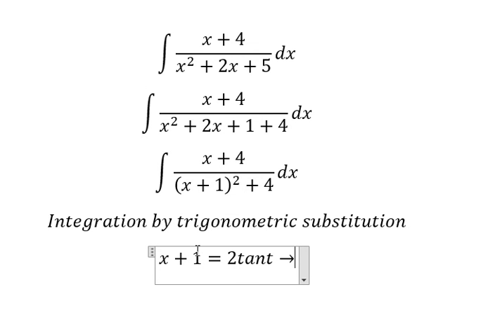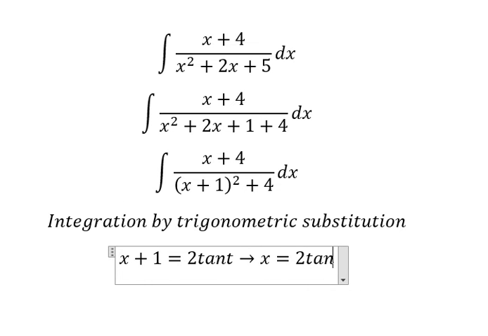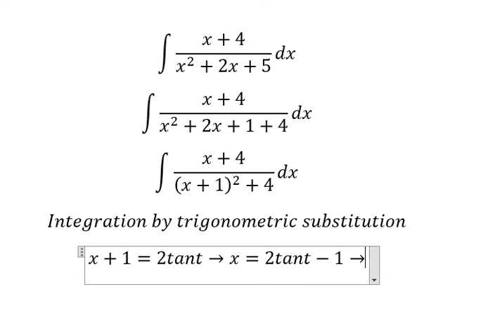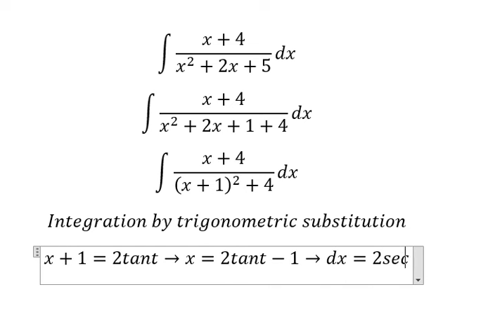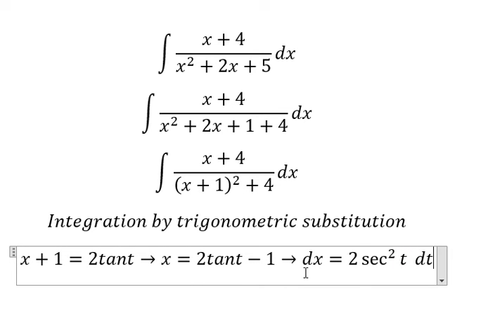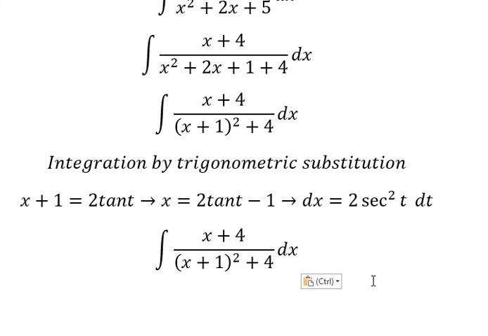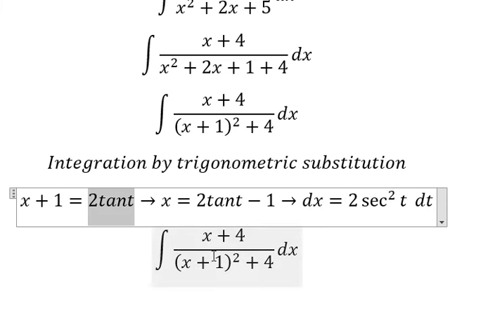Because we have x, so I will put number 1 go to the right. Later we do first the derivative for both sides, and we have 2 secant of t square dt. This one is about the constant, so you got 0 in here. This one we have secant of t square. So I will put this one gone here,